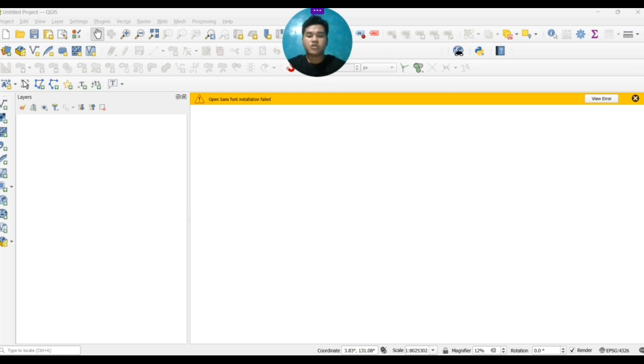I would like to share with you what QGIS really is. QGIS is a Quantum Geographic Information System, an open source software application designed to manage, analyze, and visualize spatial data.